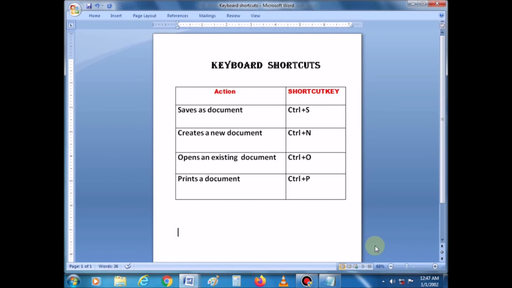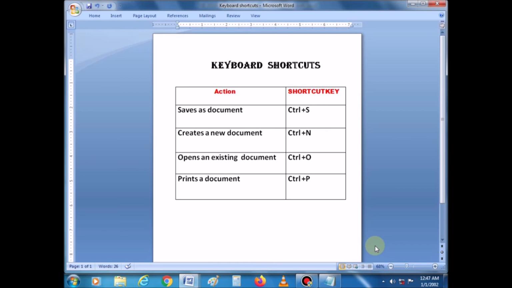And there is another way to create a new document by keyboard shortcut key. You can press Ctrl plus N to create a new document. And to open an existing document, press Ctrl plus O key. And to print a document, press Ctrl plus P key on the keyboard.